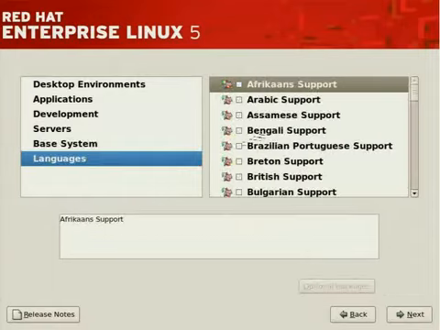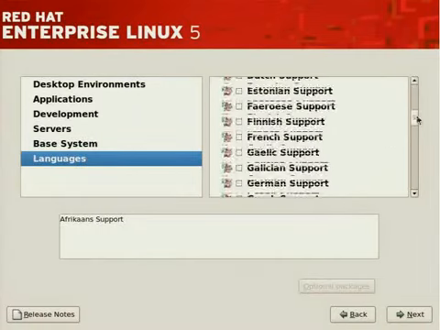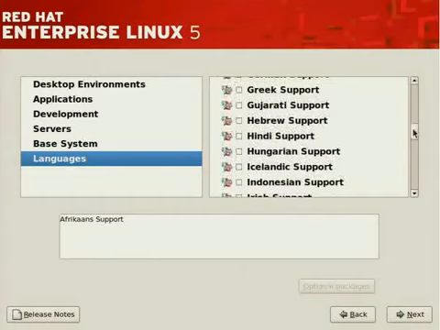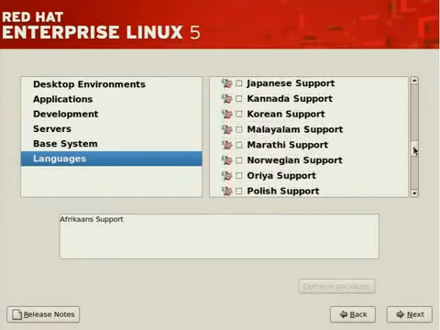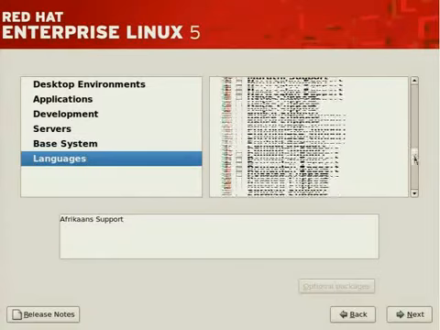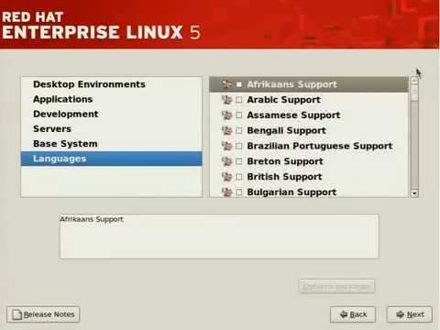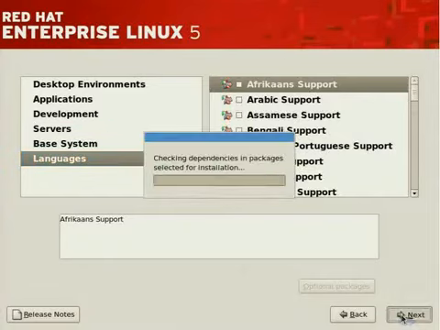Languages, what support you'd like once the system's up and running. Scroll down, you'll see what's currently selected. There are all sorts of languages across the world, and they're supported by most operating systems, such as Red Hat Enterprise. If you need additional support, go ahead and select it, and then you'll have it available. And perhaps if a user uses your system, they can customize their environment to use the language that you've provided support for. With that said, without spending too much more time, let's move forward in installation so we can